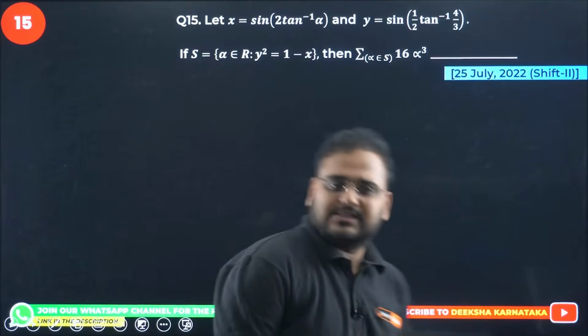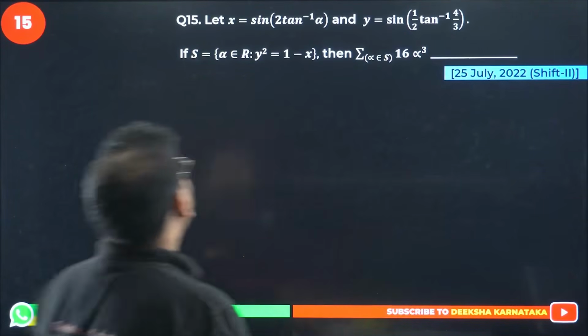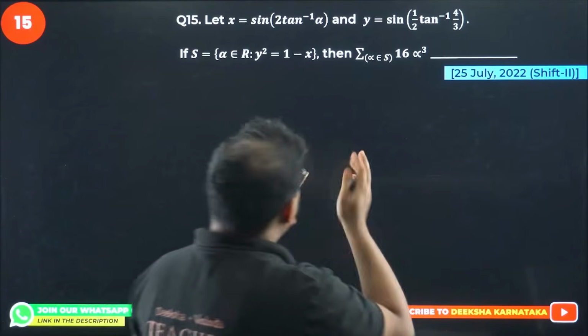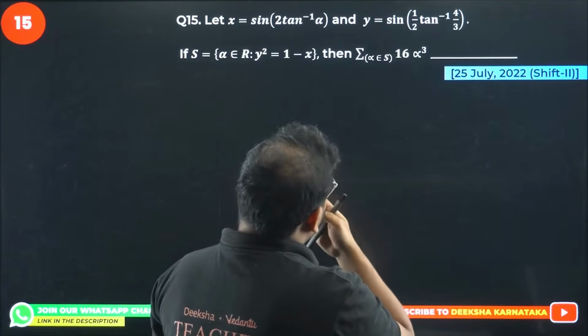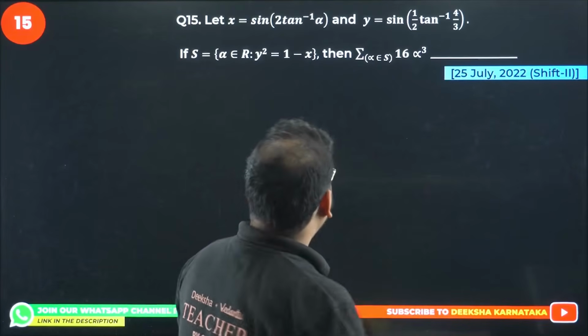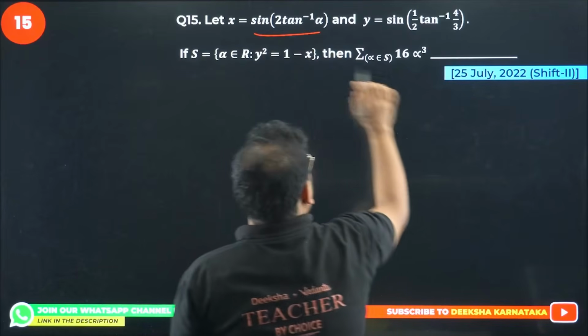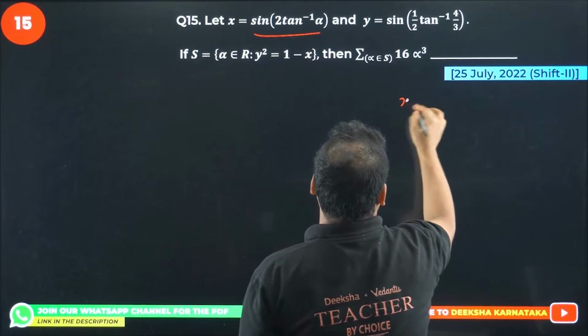Now the last 4 questions. Question number 15, let's solve it. X, okay, sine of 2 tan inverse of alpha, sine of 1 by 2 tan inverse of 4 by 3. Okay, we have a formula for this, right? We have a formula for this. X equals to